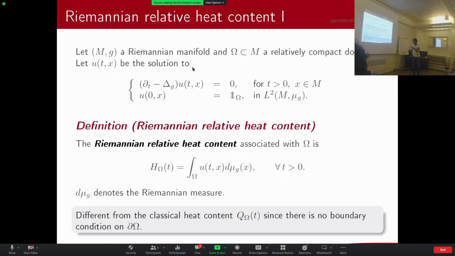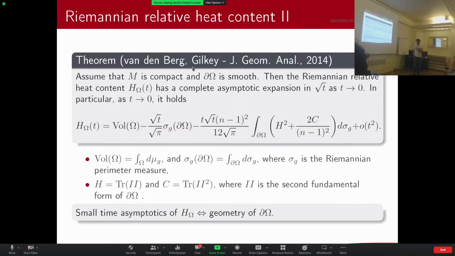The main result regarding the relative heat content in the Riemannian setting is due to van den Berg and Gilkey, who proved in 2014 that, under the assumption of M being compact and the boundary of Omega being smooth, the Riemannian relative heat content has a complete asymptotic expansion as a function of the square root of t as t goes to 0. Moreover, they were also able to compute explicitly the coefficients of this asymptotic expansion up to order 4. What is remarkable about this expansion is that, apart from the zero-order term, which is just the volume of Omega,